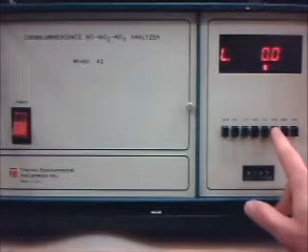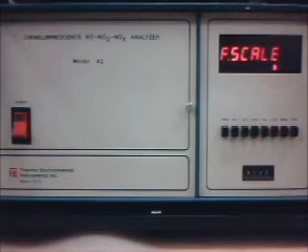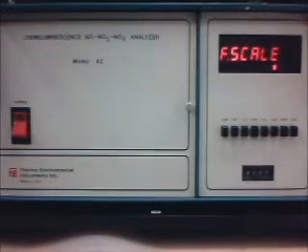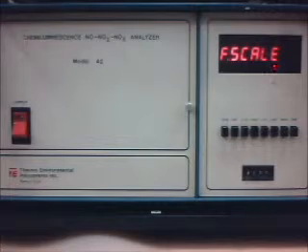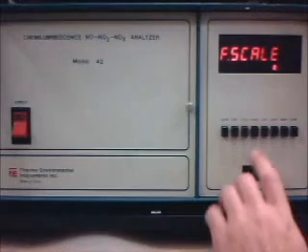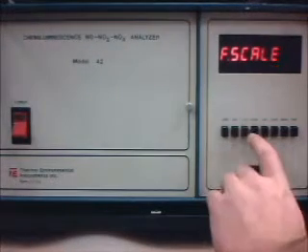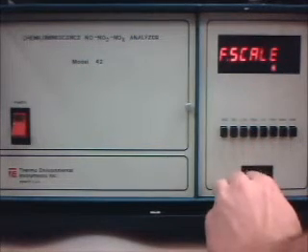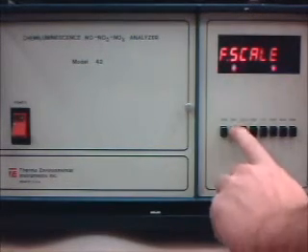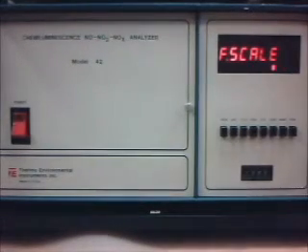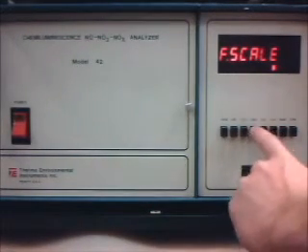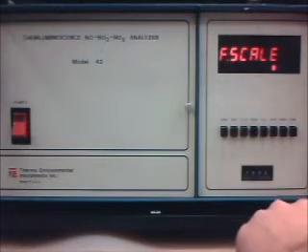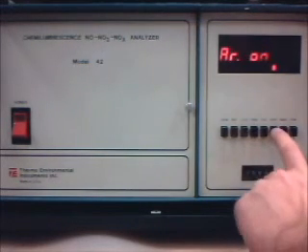The next button, stat, just shows different statuses of the instrument. So basically F scale is just the full scale reading. And again, I don't know if this is the full scale of NO or full scale of NO2. If we hit display, it doesn't display anything. Maybe we just dial something in and hit enter, and then it changes it without us being able to see what the actual amount is. I don't know. Anyway, we hit it again. This is